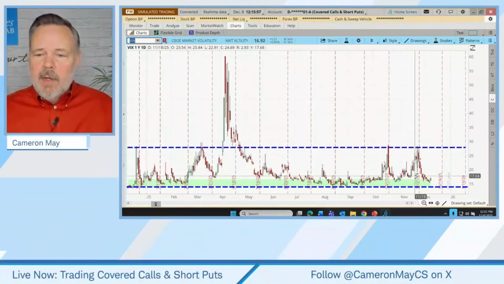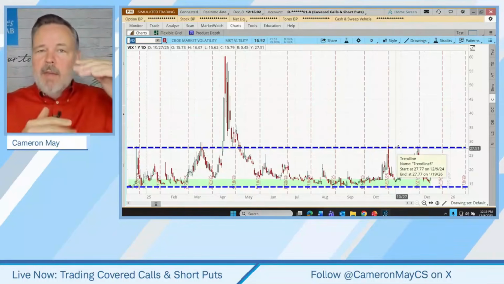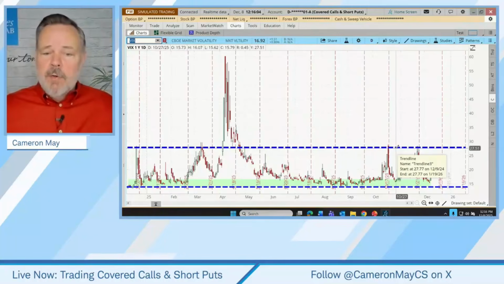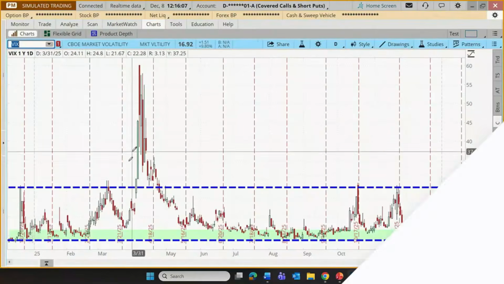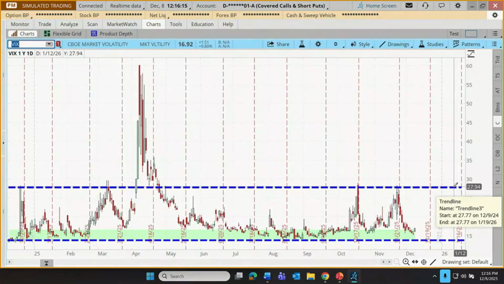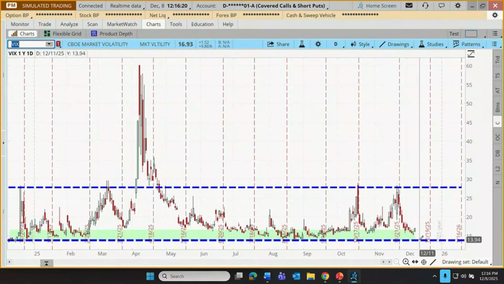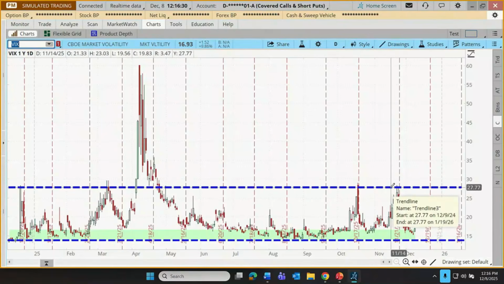Well, I drew in a couple of lines here to give us an idea of where normal levels have been for this year. This isn't always true, but with one exception right back here, the volatility chart has spiked up and topped out at around that 28 level. At the same time, the bottoms seem to be for this year around 14. So right now, our volatility is around 17. So it's only 3 points off the bottom. It seems to be quite some distance off of shorter term peaks.